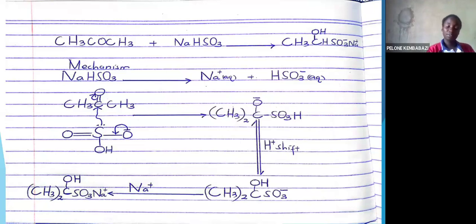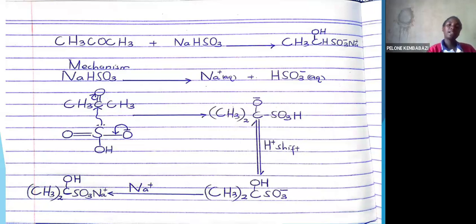By this, you first identify which reaction these compounds undergo. The reaction between propanone and sodium hydrogen sulfide is a nucleophilic addition reaction. So you will say propanone and sodium hydrogen sulfide undergo nucleophilic addition reaction,